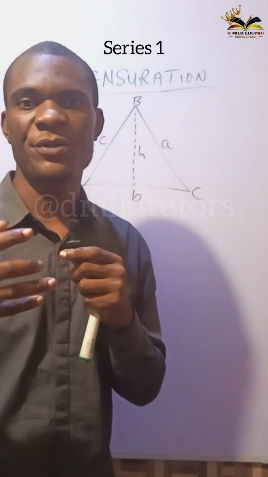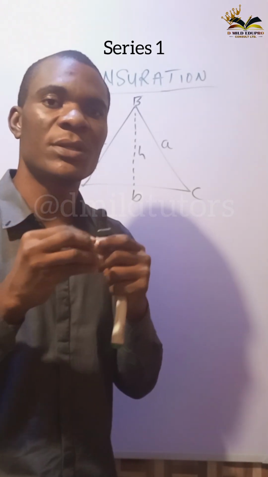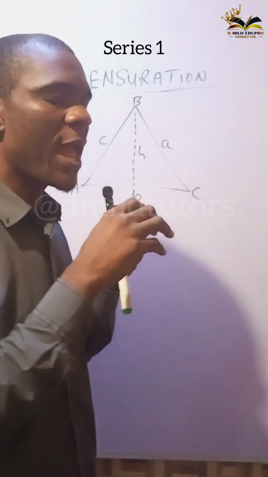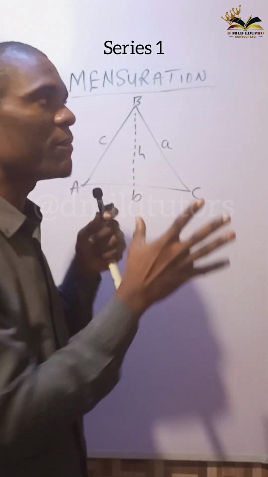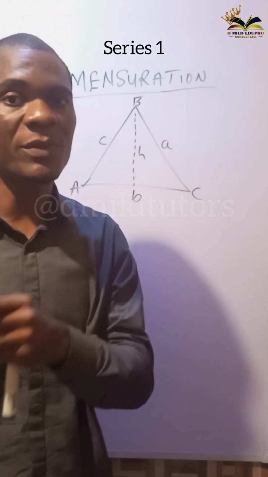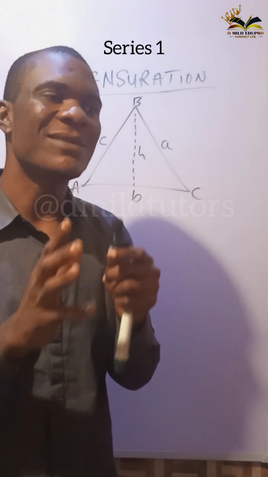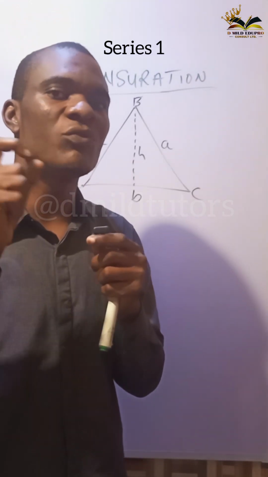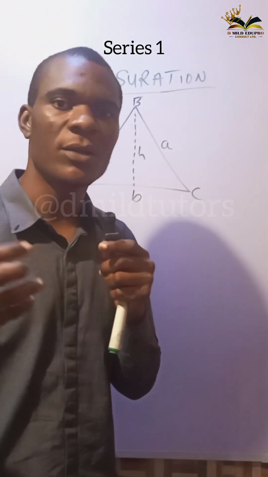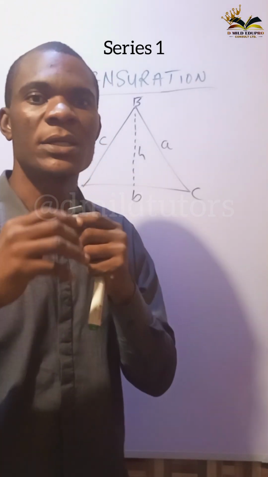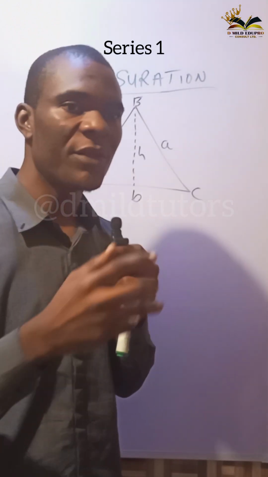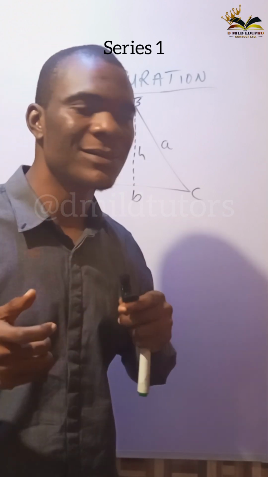Okay, so mensuration is a branch of mathematics that deals with the measurement of geometric figures. Is that okay? So any calculation is under mensuration. Now, if you want to tell the difference between mensuration and geometry, mensuration has to do with the measurement. That is, it focuses on the numerical value for any geometric figure like the triangle, the circle, the trapezoid, any 2D shapes and 3D shapes, where you have to calculate for area, for volume, for capacity, for what